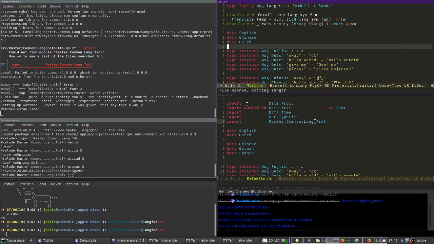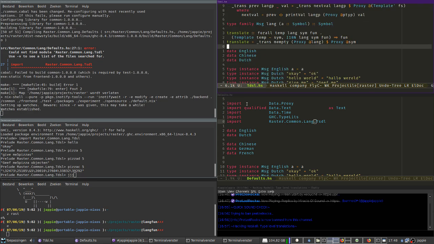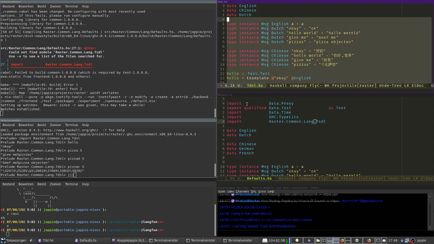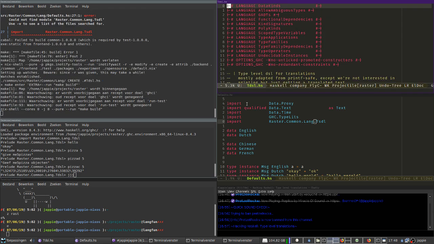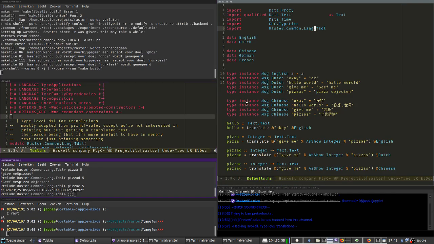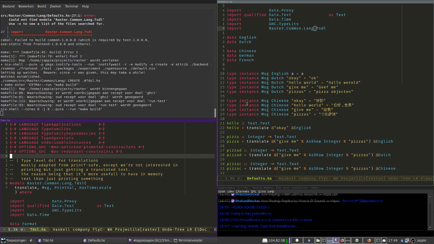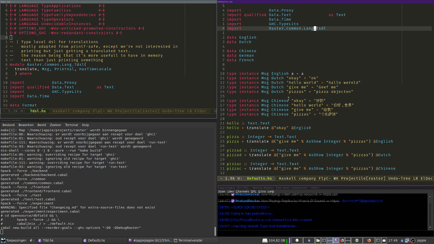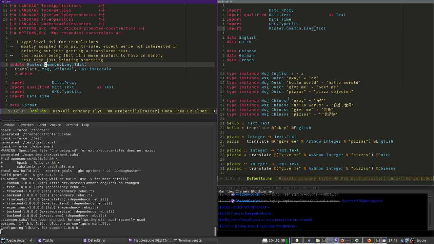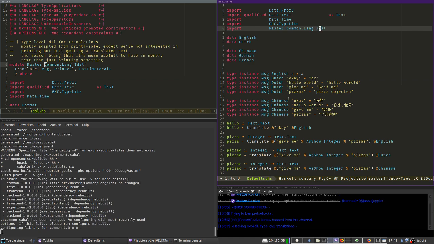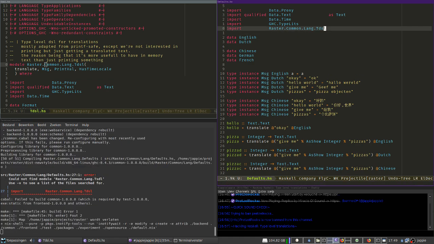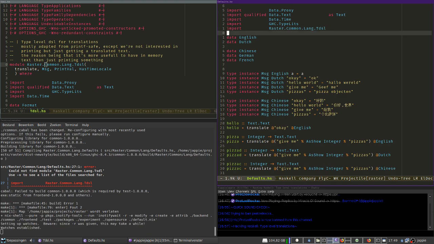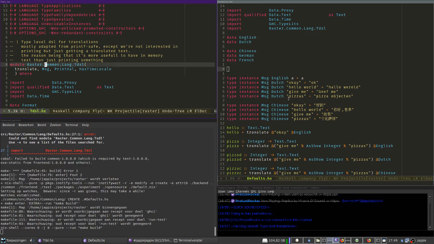Oh, this is the other one. Oh, we should, by the way, totally delete this stuff now. Way too many extensions. I want to take over some screen space. Maybe like this. Raster command line, type level DSL. I'm just gonna call it lang DSL or something. I don't know. Anyway, I want to provide that instance